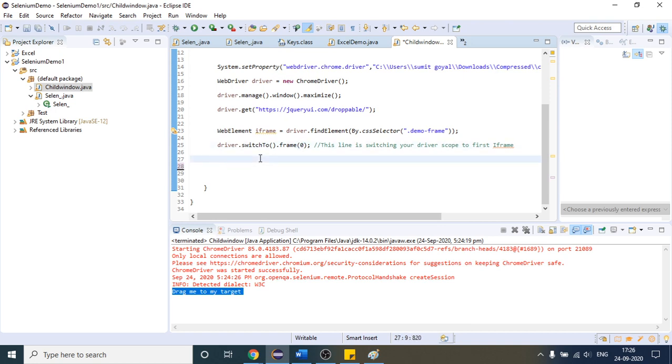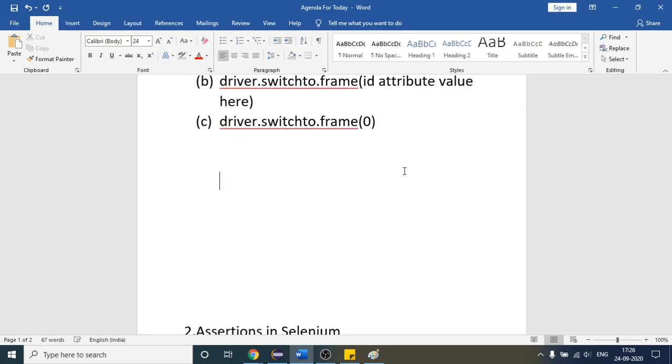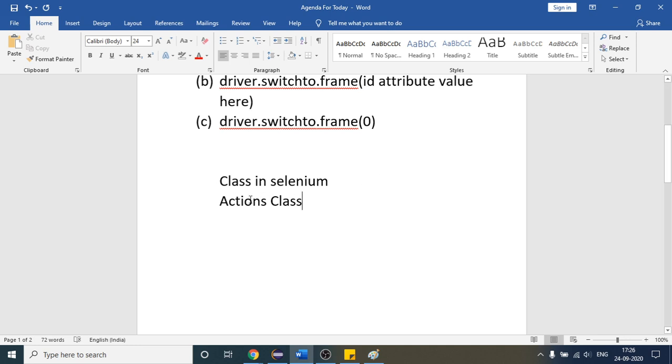After that, there is one class in Selenium, which is the Actions class.